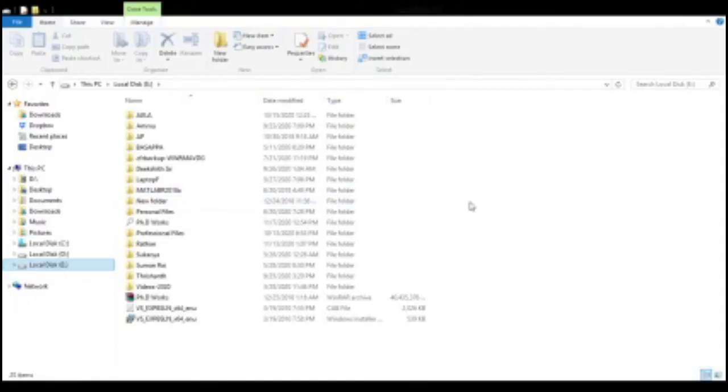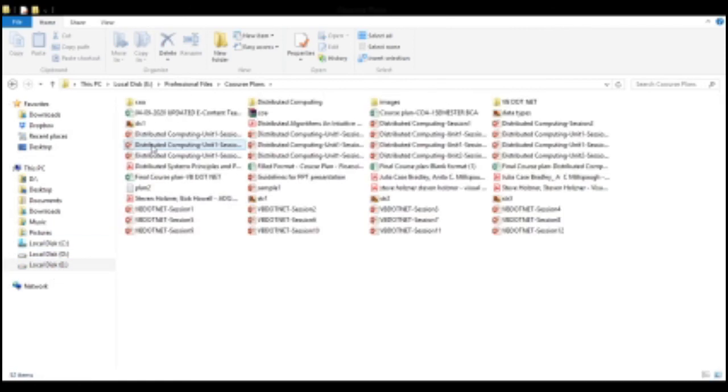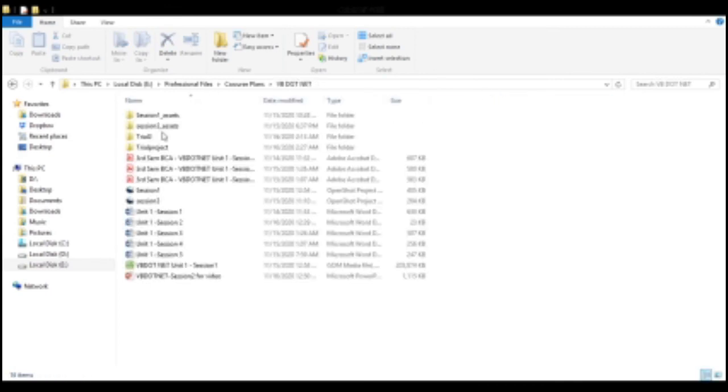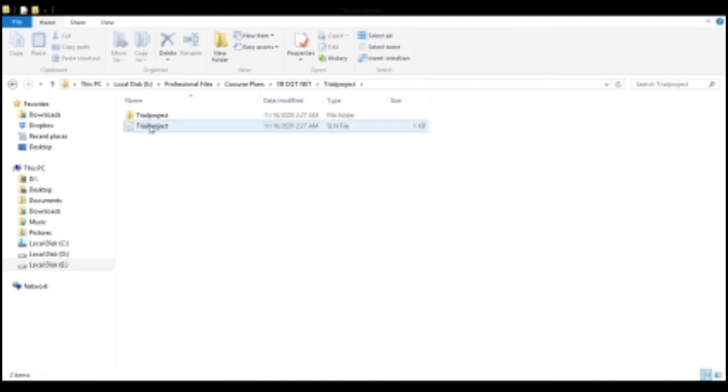Let us see what are the different file extension names used after we save a VB.NET project. We have saved the project in the VB.NET folder with the name as trial project. We can see that one solution file with .sln as extension name is created with the name which we had given for our project.